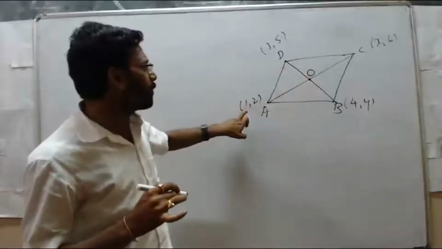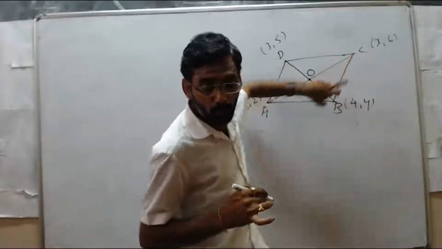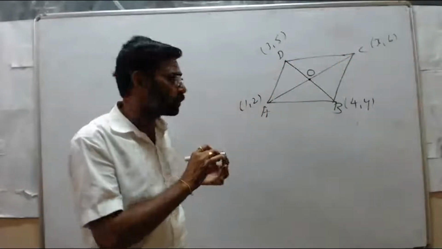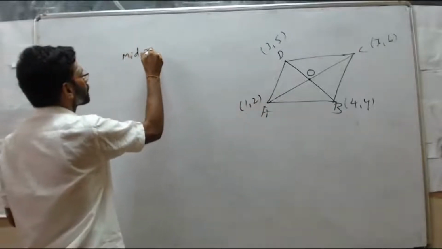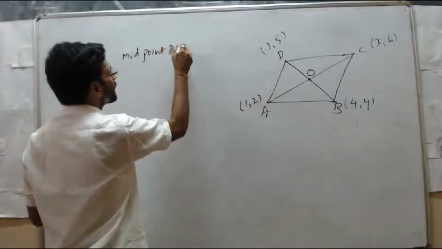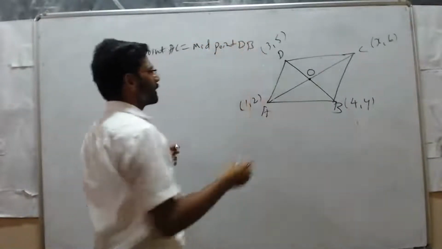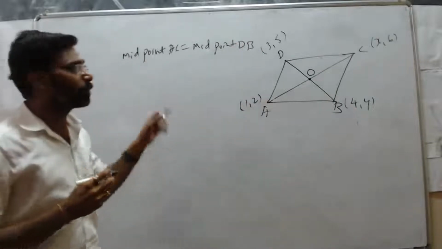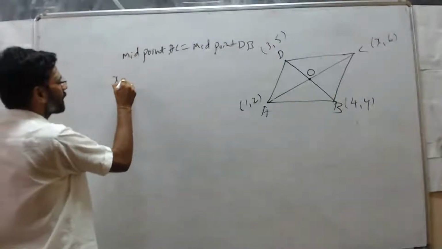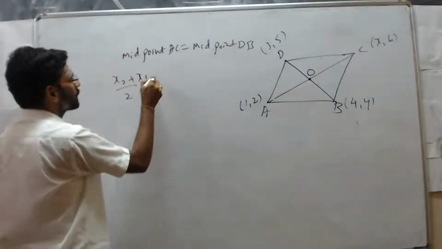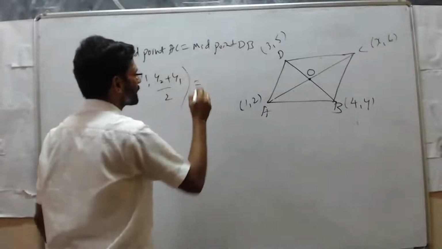It means the midpoint of AC is equal to the midpoint of DB, because for both diagonals O is the midpoint. Therefore, midpoint of AC equals midpoint of DB. Okay, what is the midpoint formula? (x2 plus x1) divided by 2, (y2 plus y1) divided by 2, is equal to